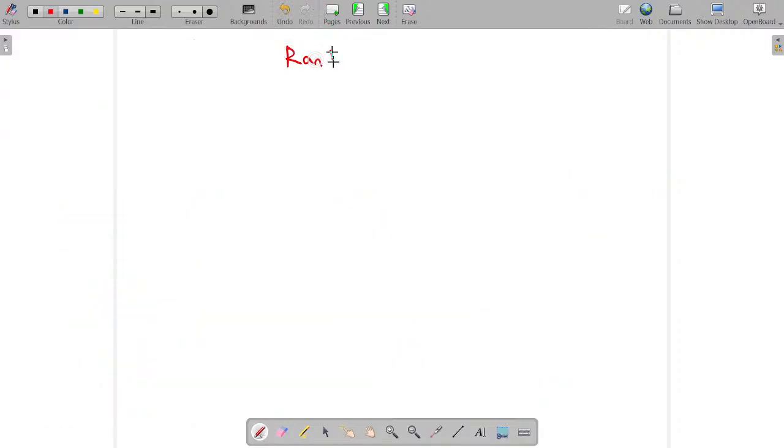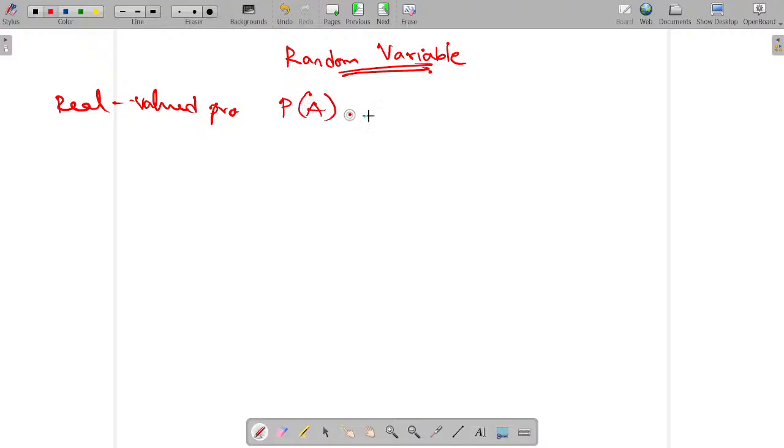Random variable. So far we were discussing this real valued function, another probability. Okay. We are defining this as P of A or P of B or P of A dash or something else. What happens here is,